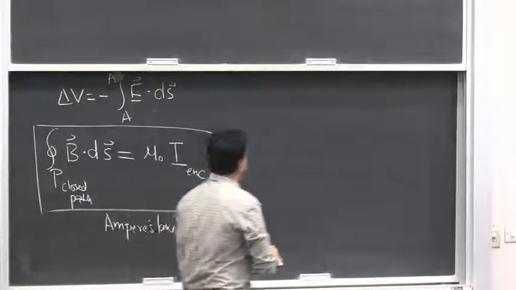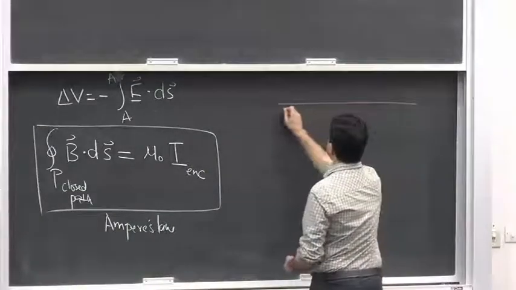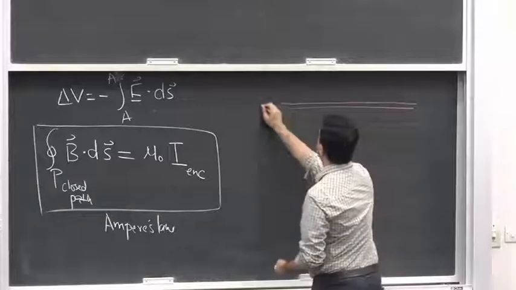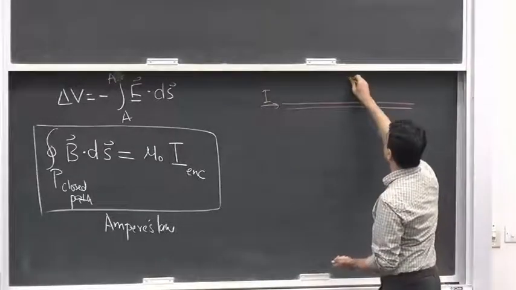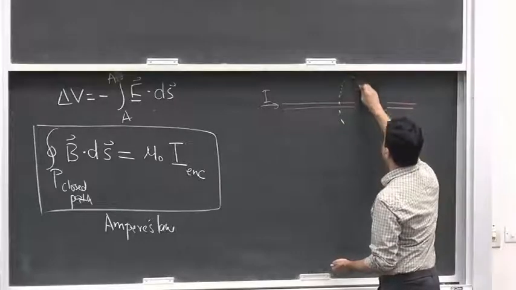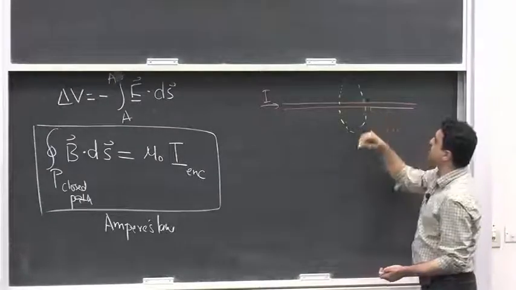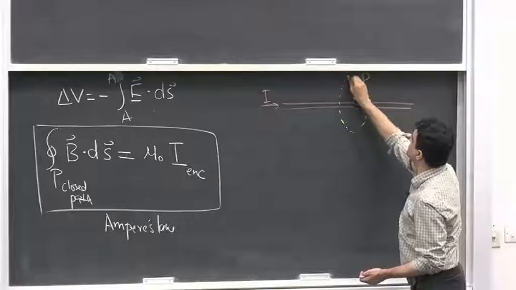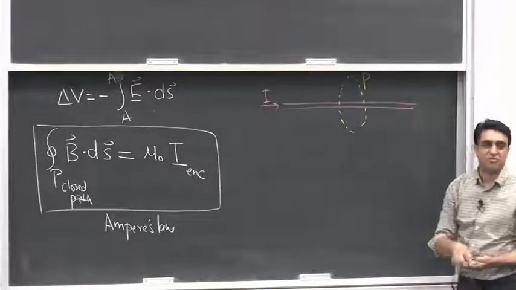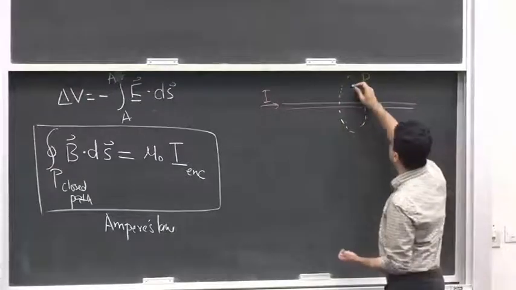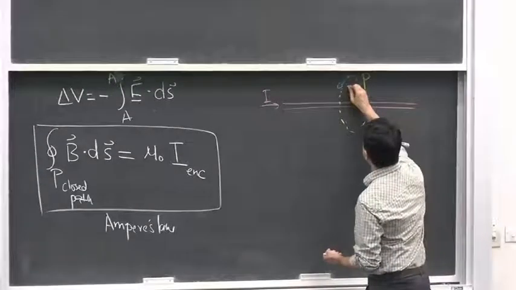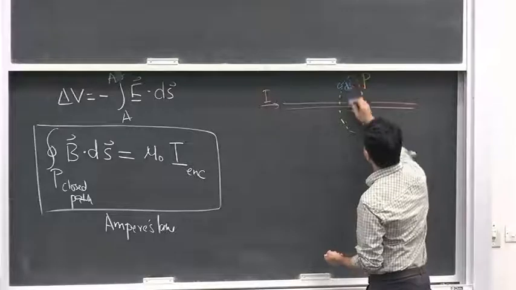So if you have a current which is going like this, and you have a closed path, you choose a closed path around this conducting wire, and you start looking for the magnetic field. So if the current is in this direction, you would have magnetic field